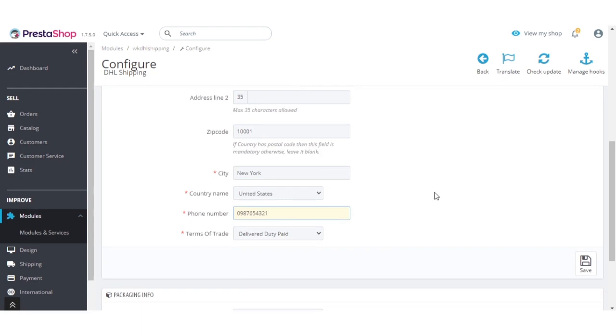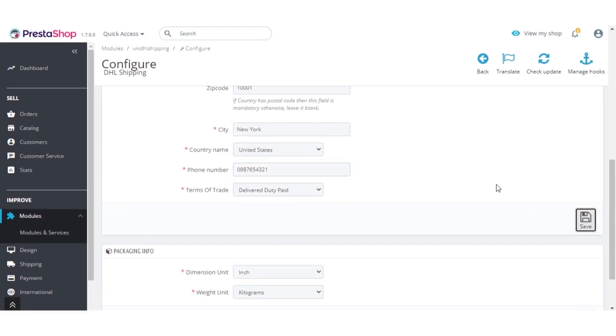After entering all the required details, click here to save.